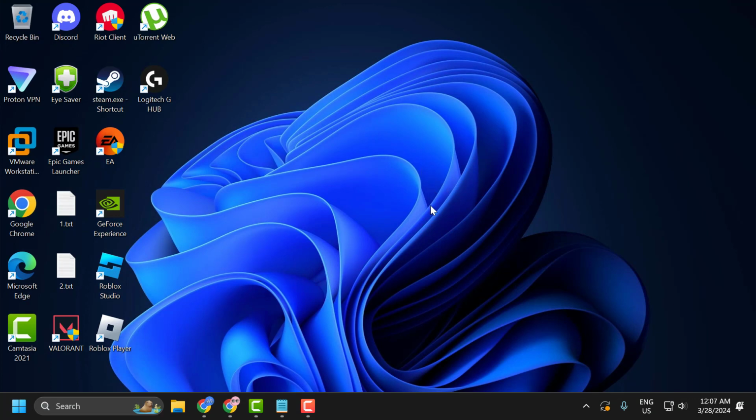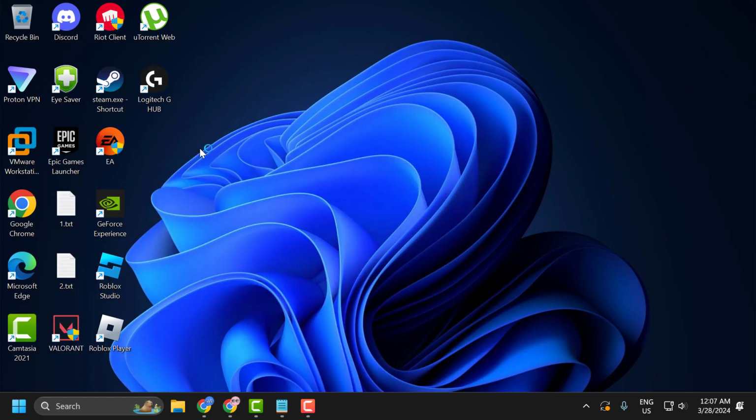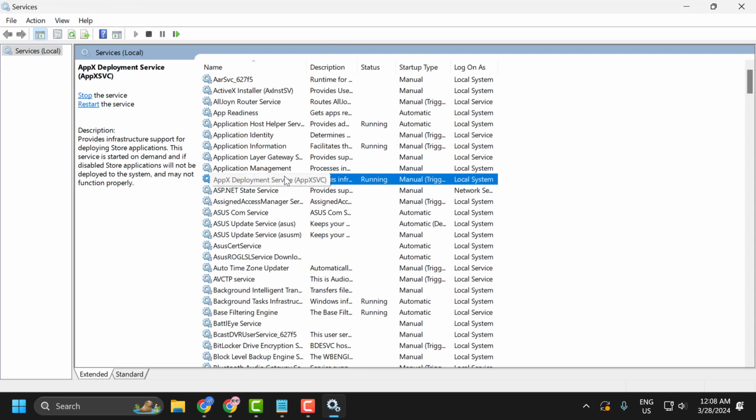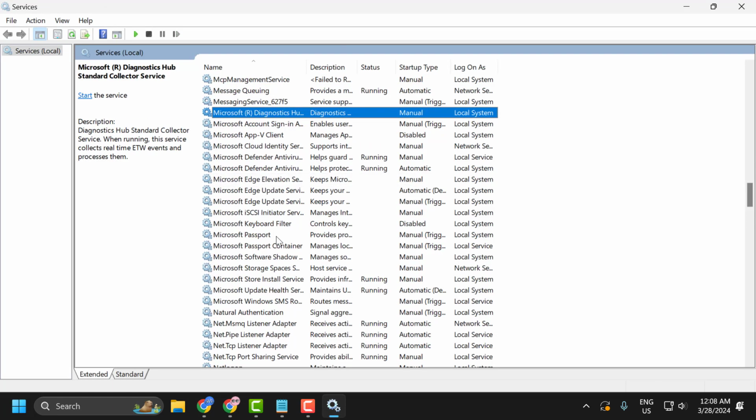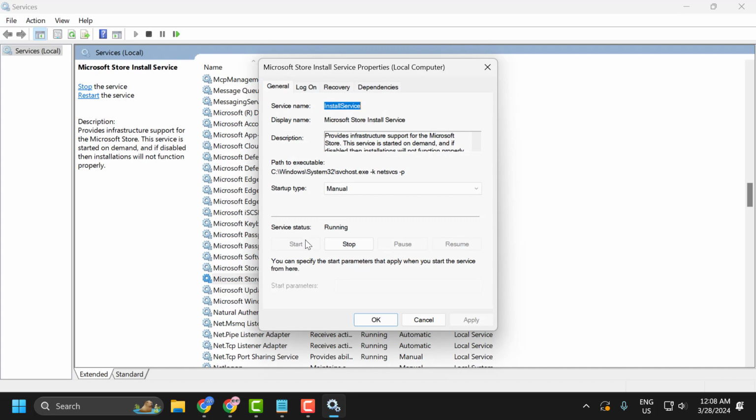If the problem not solved, let's move on to the second solution guys. You just need to go to search menu and type services, click on open it. Search for Microsoft Store install service. Just double click on it. Service status, select stop